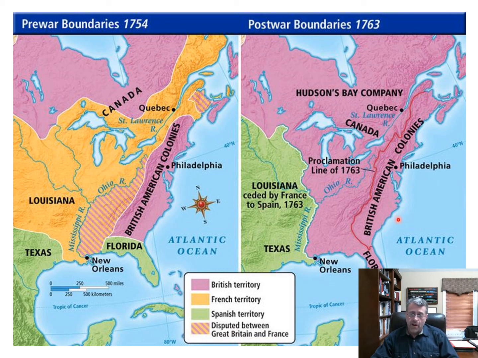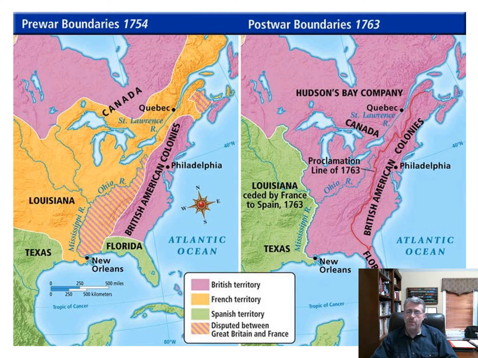So basically, there are no French territories at all in North America now. France is pretty much out of the story with regard to the settlement of North America. And again, although Spain now controls this territory west of the Mississippi River, they're not ever going to do anything with it. This is all still Indian territory. So basically, this border, the English frontier, is now more secure because Spain, a relatively weak power, is not going to be much of a threat out here on the frontier.